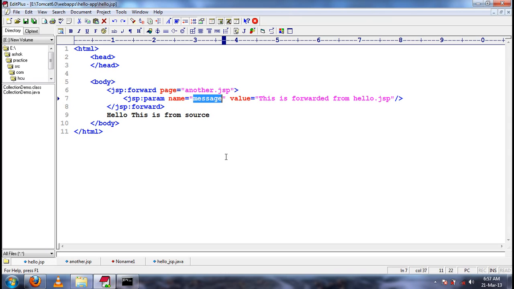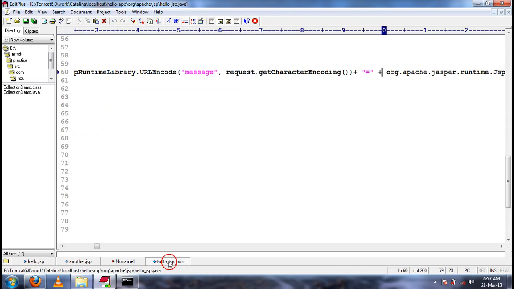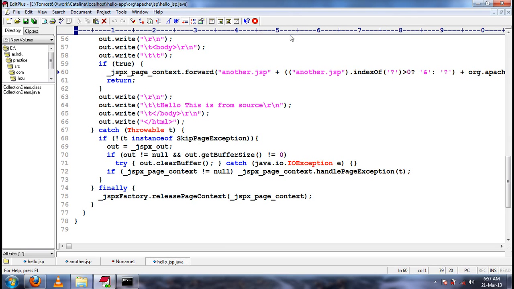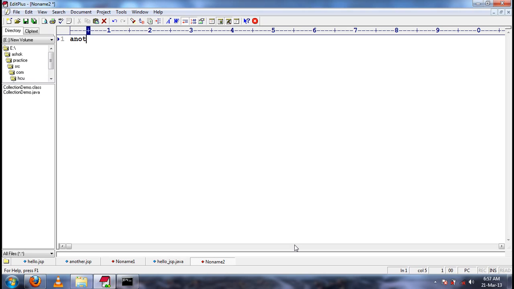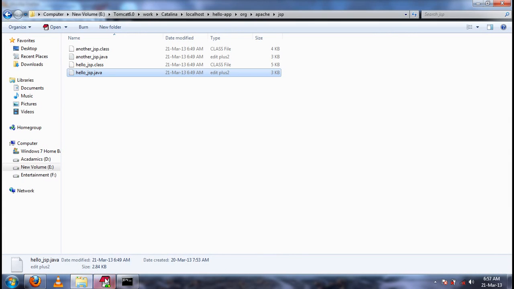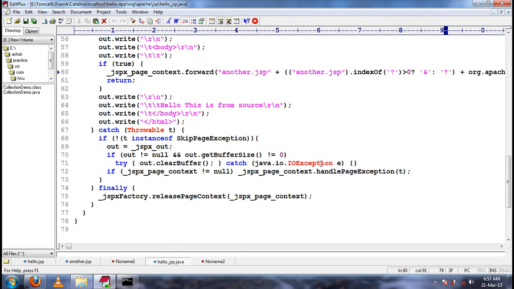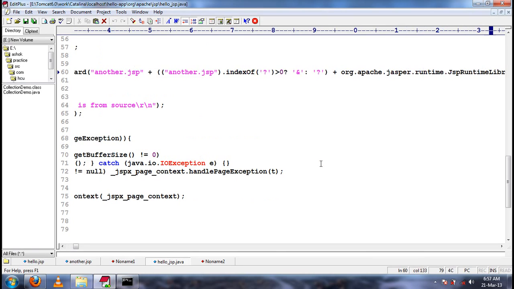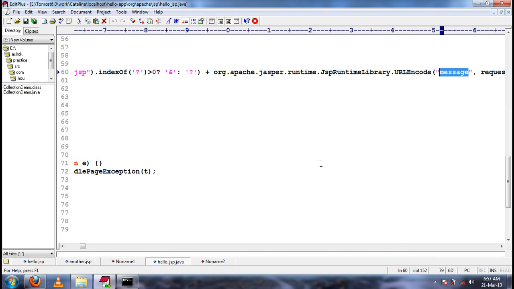Understood my question? If we see the backend JSP code, it takes the JSP page name, and by doing some logic, they append a question mark, something like other.jsp question mark. Then they encode this string, so that even if you encode the name message, it will be message itself.